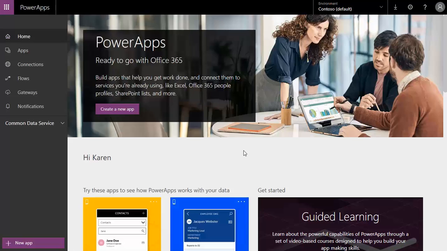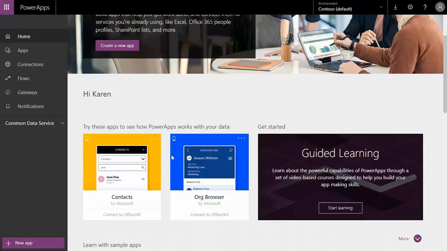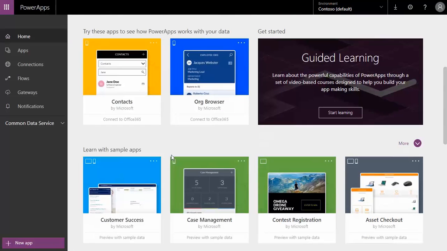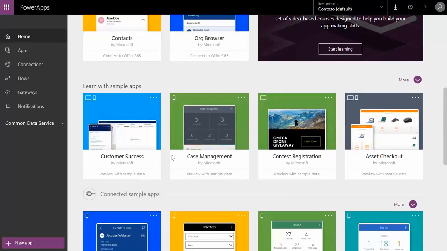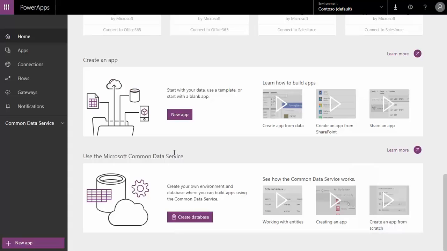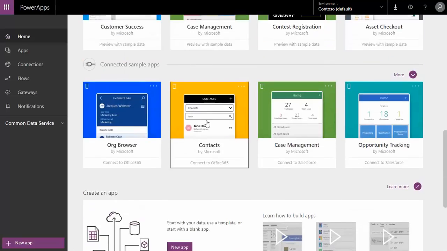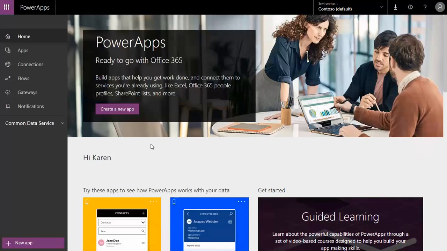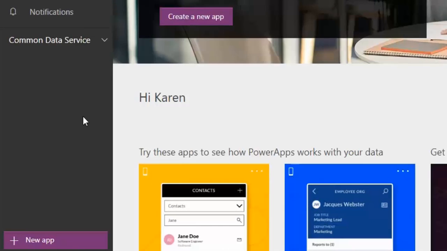Once you navigate to your Power Apps application via the app launcher, you'll see your navigation pane to the left. However, if we scroll down, you'll see that you have access to start creating apps with some sample apps, as well as templates for you to work with, as well as to create a new app and create a database using Common Data Service. While you're given many options to create a new app here on your Power Apps homepage, such as here and up here, just know that you'll always have that option from your navigation pane as well, right here on the lower left-hand corner. Once we click on New App,